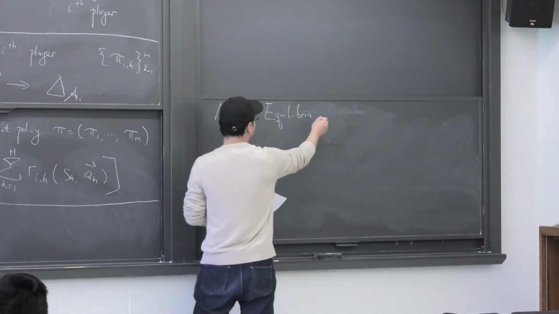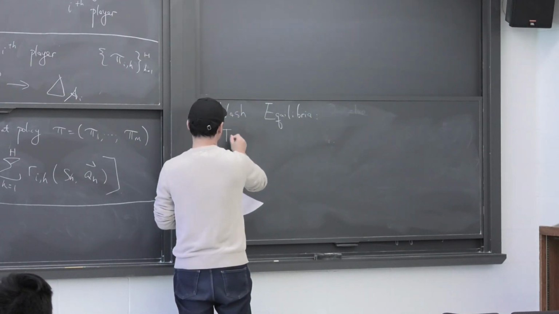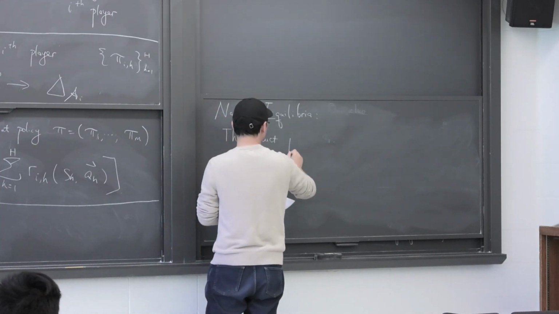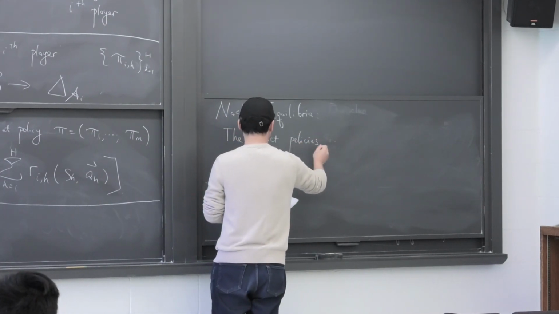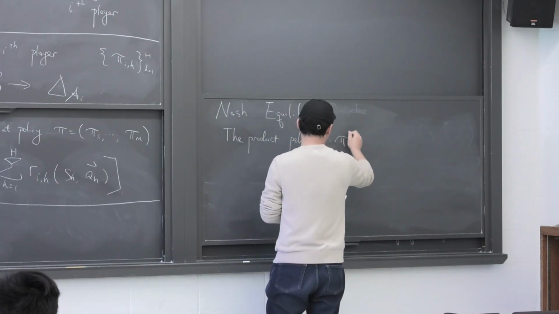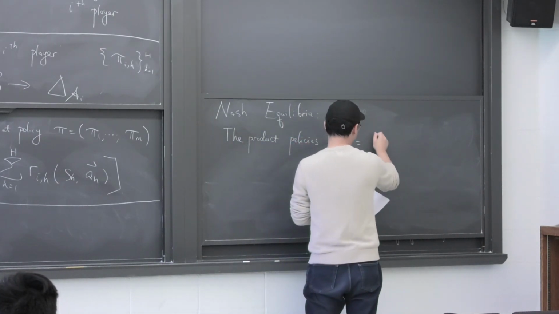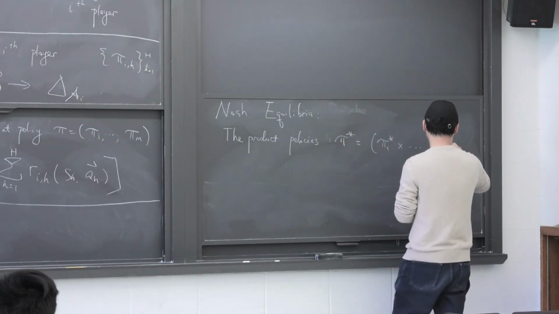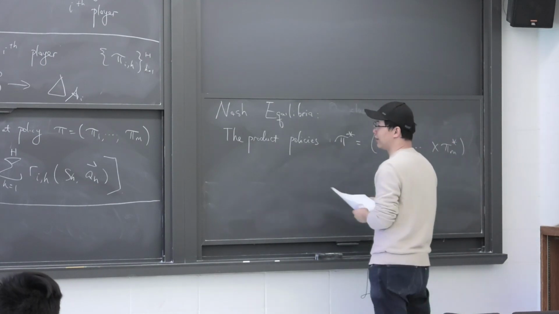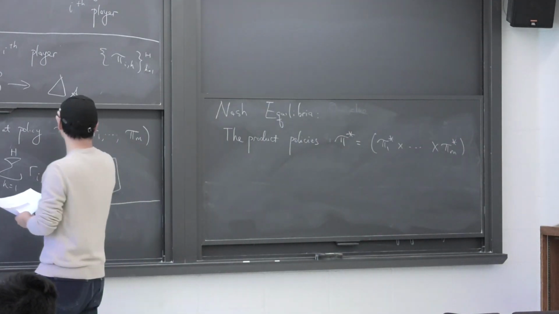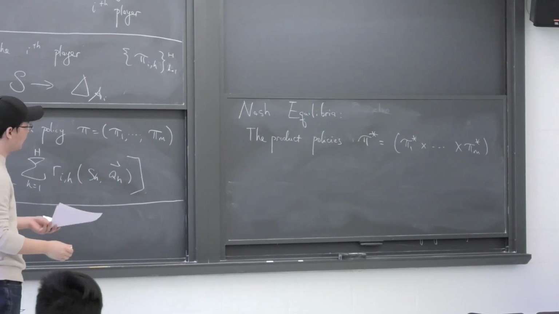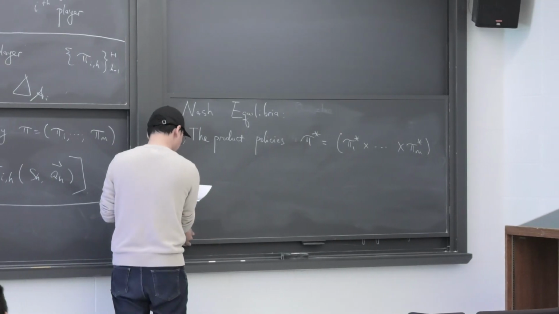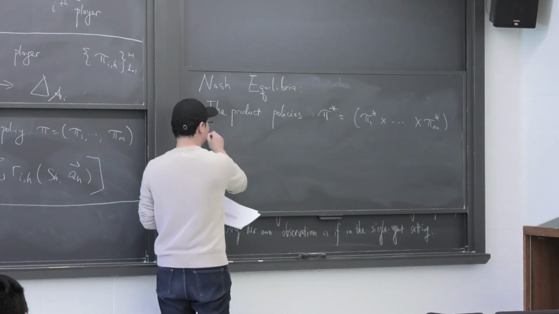A Nash equilibrium is, again, defined as a product policy. pi star is equal to something like pi_1 star, pi_2 star, till pi_M star. That is, each player will choose a distribution over actions, and those distributions are independent. They are not correlated. So this is called a product policy. And we say this is a Nash equilibrium